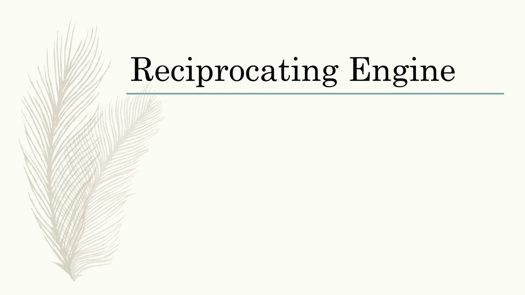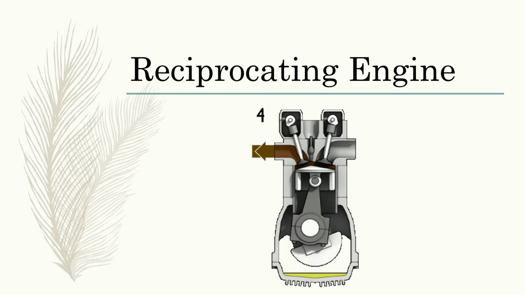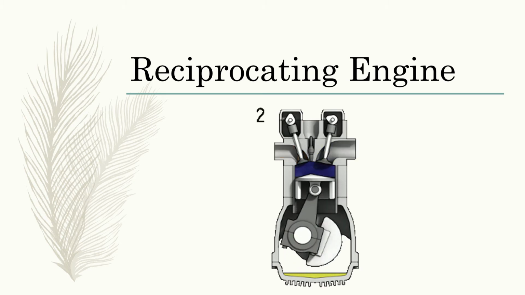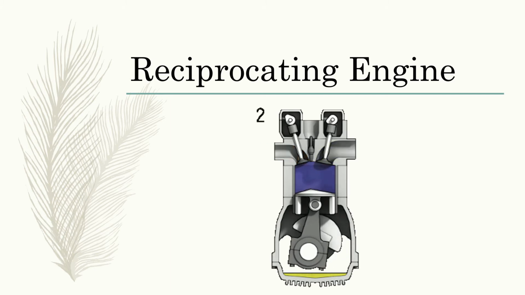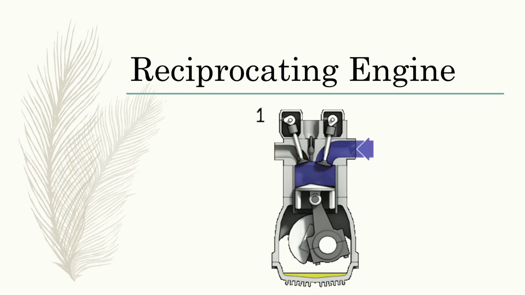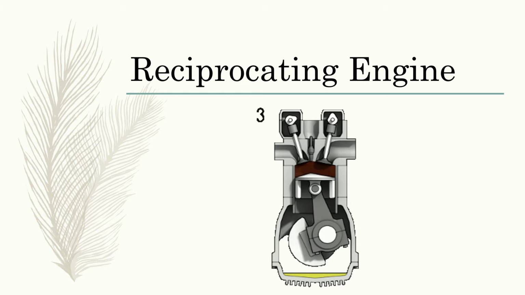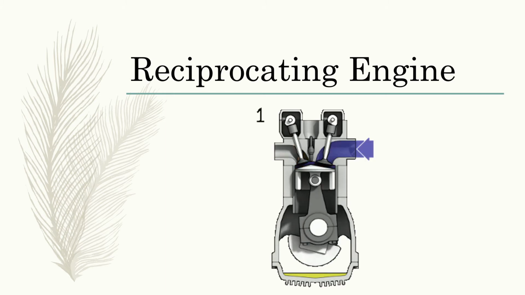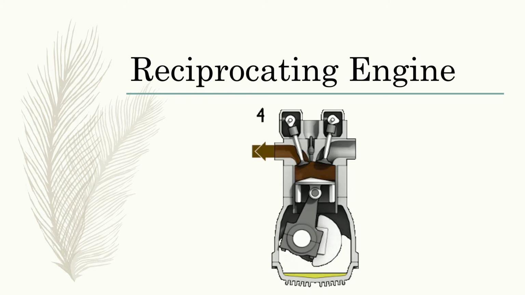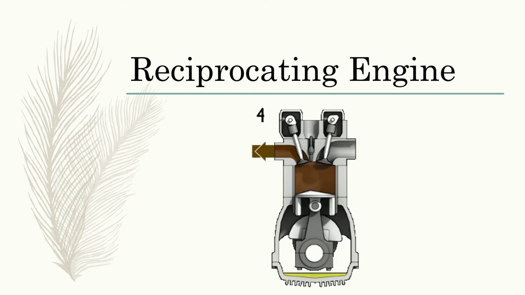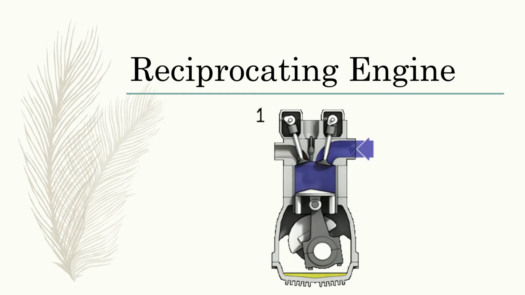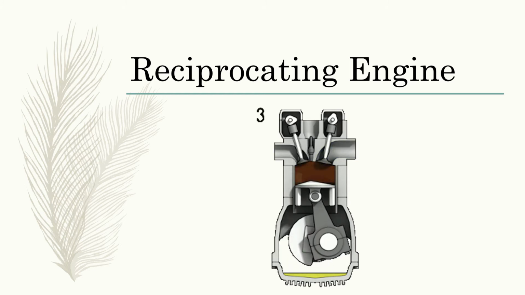So in this figure we could see that to begin the cycle, it will first proceed to the intake phase, wherein a fluid, or in this example a fuel mixture, is induced inside the cylinder through the intake port, expanding the piston to the bottom of the cylinder. Next is the compression. The piston then gets pushed to the top, compressing the fuel mixture and igniting it via the spark plug.